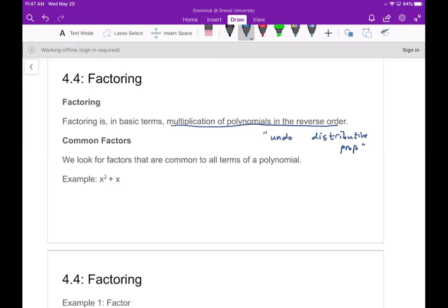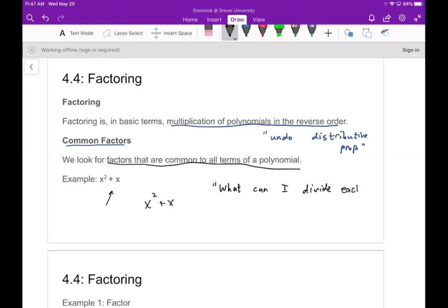Okay, so the first type of factoring that we're going to talk about is common factors. What we do here is we look for factors that are common in each term of a polynomial. So for a simple example, let's look at this x squared plus x. It's almost like you're asking yourself, what can I divide all terms by? And of course, what can you divide each term by cleanly or nicely? Now, in this example, you could divide both of these things by x,